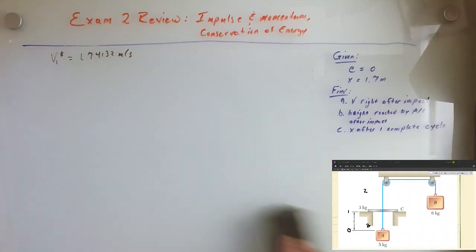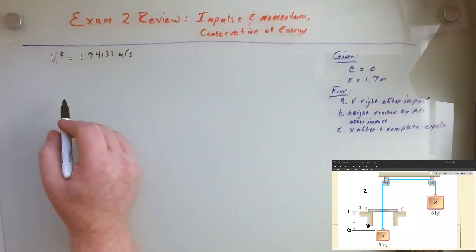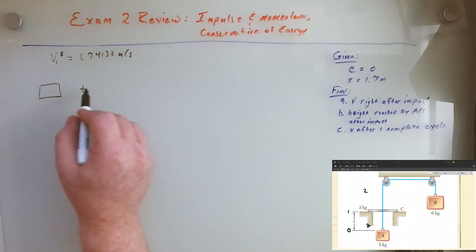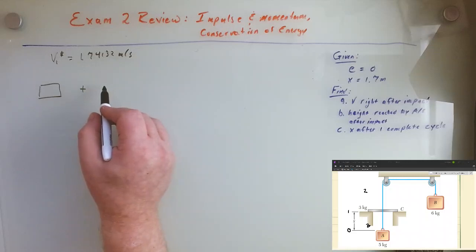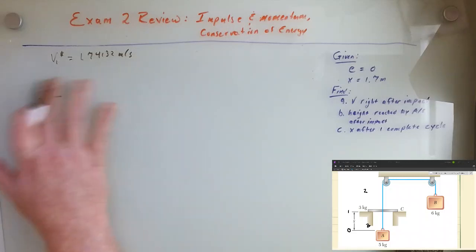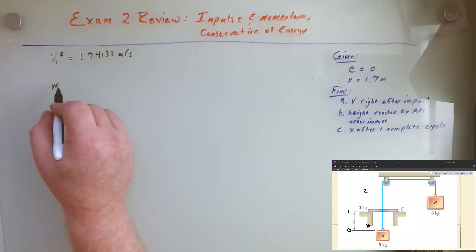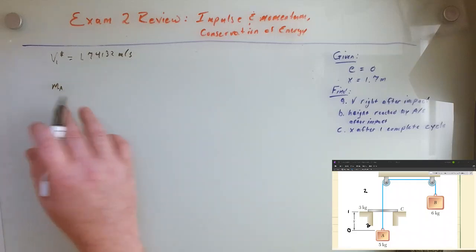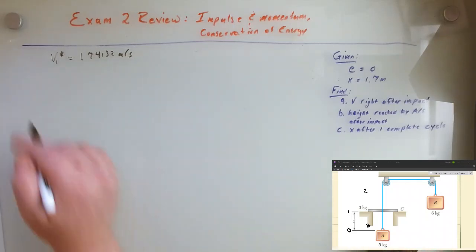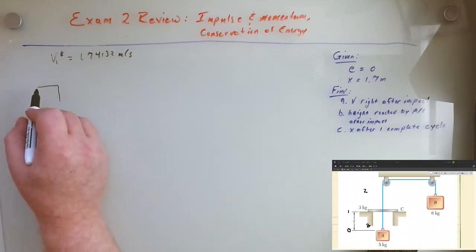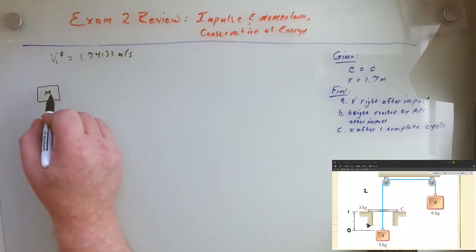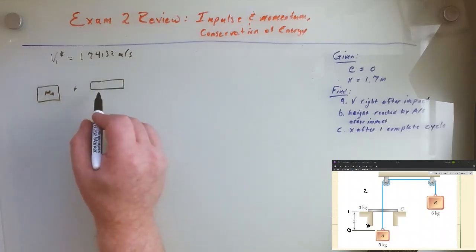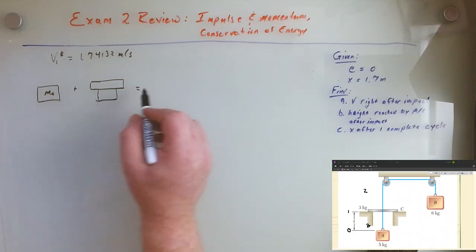Okay, so here we have basically impulse, so plus some sort of an impulse, and we'll do it the easy way, we'll say MA. First things first, we're going to look at both sides. So let me actually draw this out. It'll be a little bit easier to understand. So this is MA, and then plus some sort of an impulse, and that's going to equal